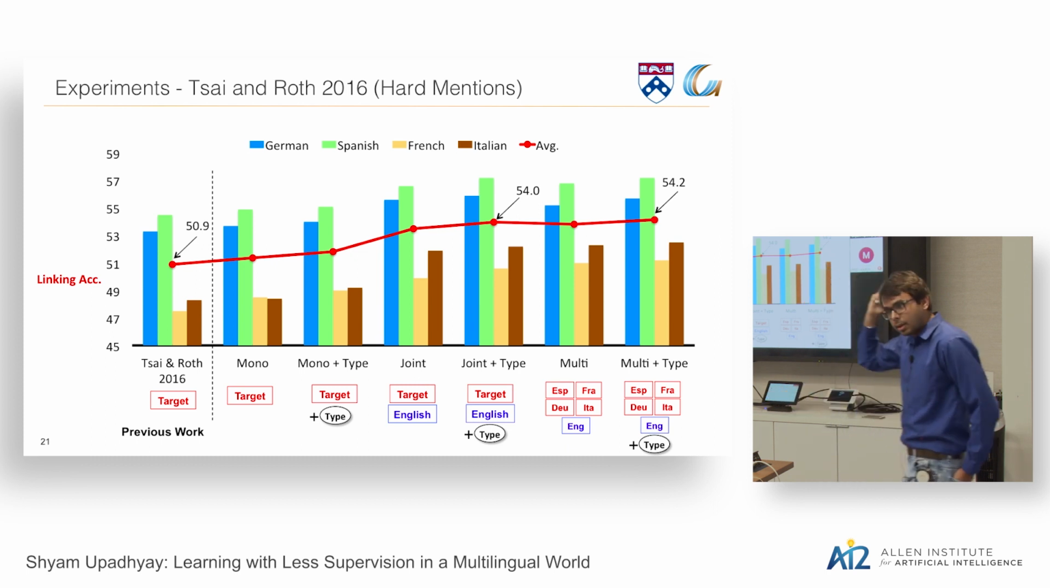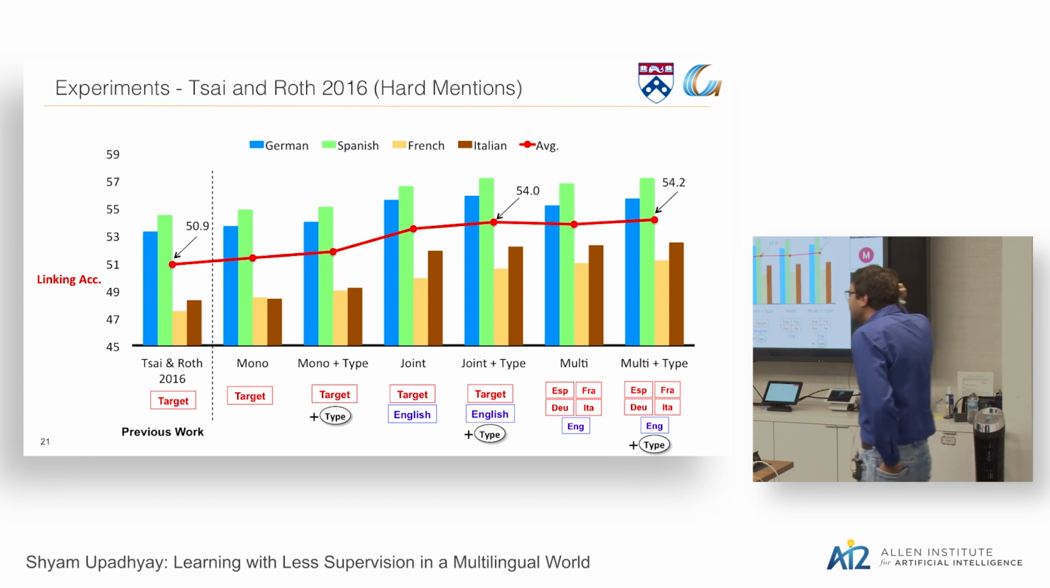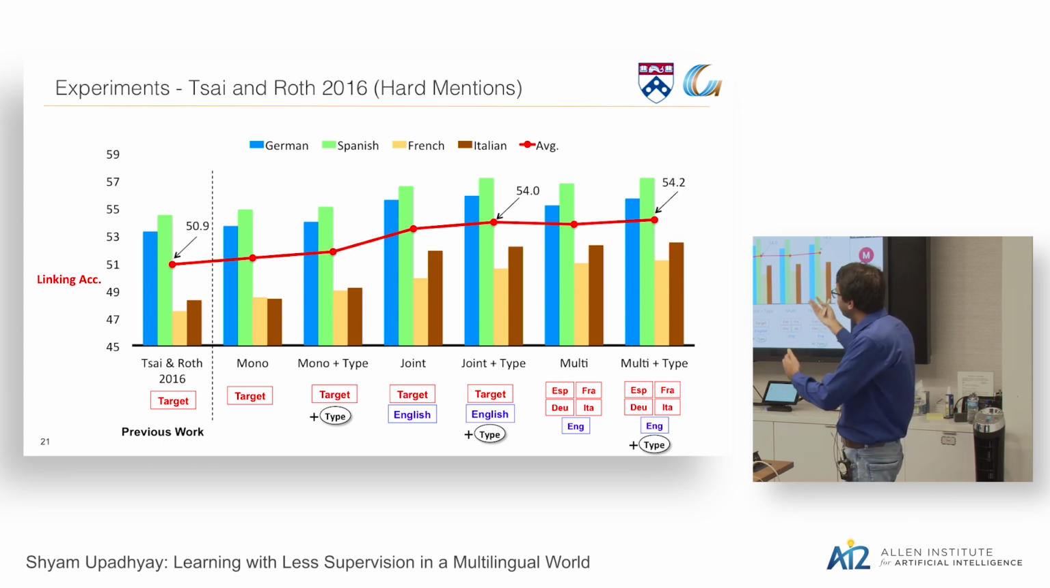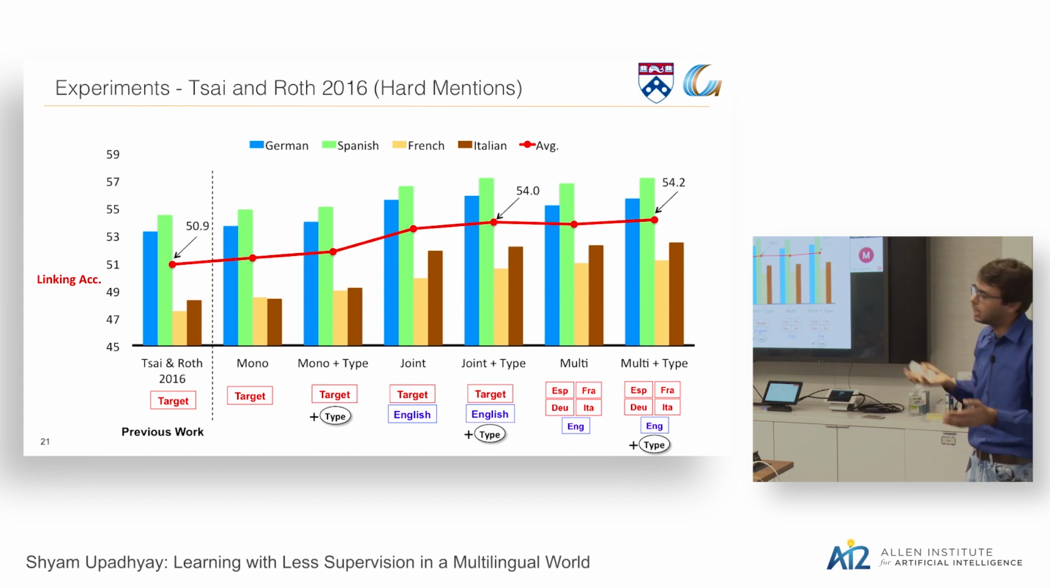Why are French and Italian so much harder? Okay, so you really cannot compare these two in that respect because the data set was not controlled in that way. It just happened to be that the mentions that we test on French and Italian are harder than those in